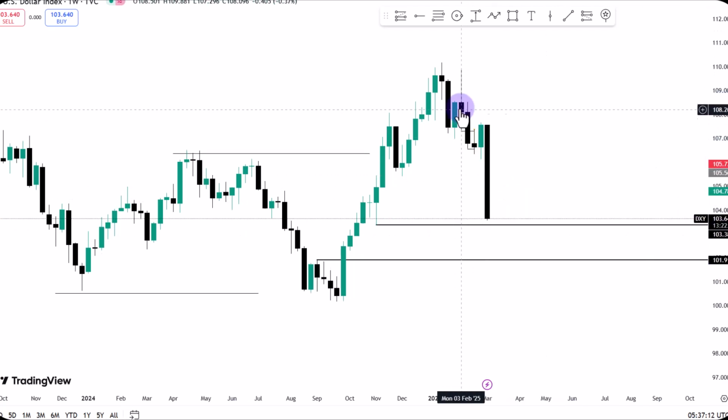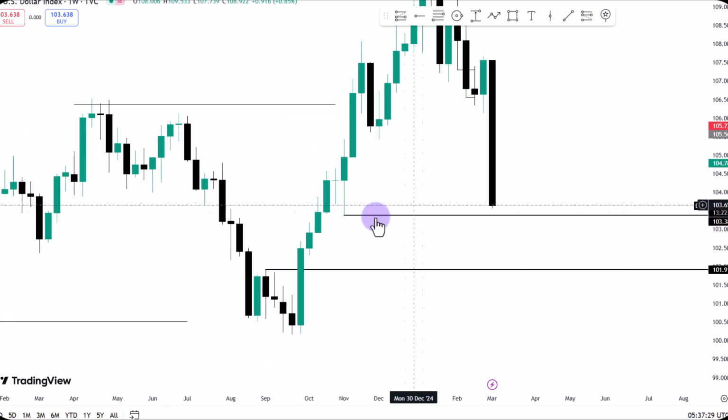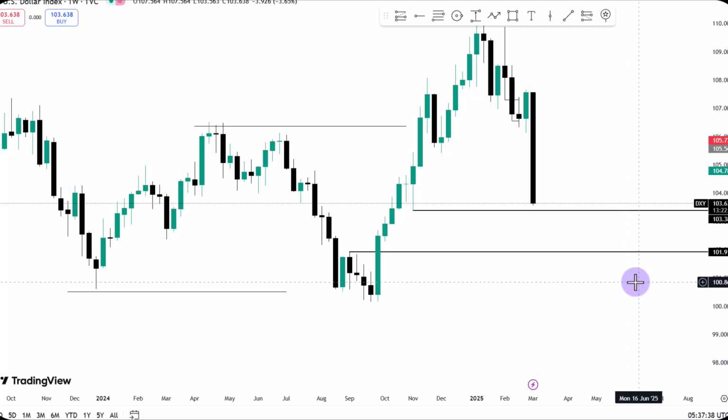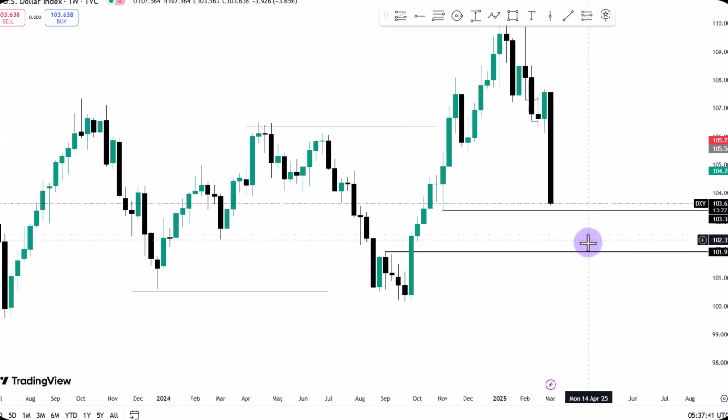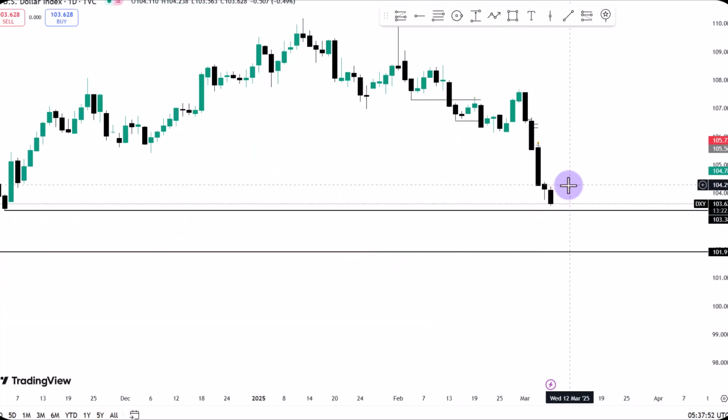On the weekly time frame, you can clearly see the dollar this week, after trading into the bearish order block, has been selling. The bearish order block on the weekly time frame here, you see that buy candle that was traded through by consecutive sell candles. Price action provided resistance at that level. Price sold, and it's going to attack the old low there, which is the sell side liquidity pool residing at that level. There's also a fair value gap right there. There's also a bullish mitigation block right below here on the weekly time frame. The dollar can get as deep as this level, deep discount, or trade into this sell side liquidity pool and also that low and reprice into the internal range. But it's going to take time before that happens.